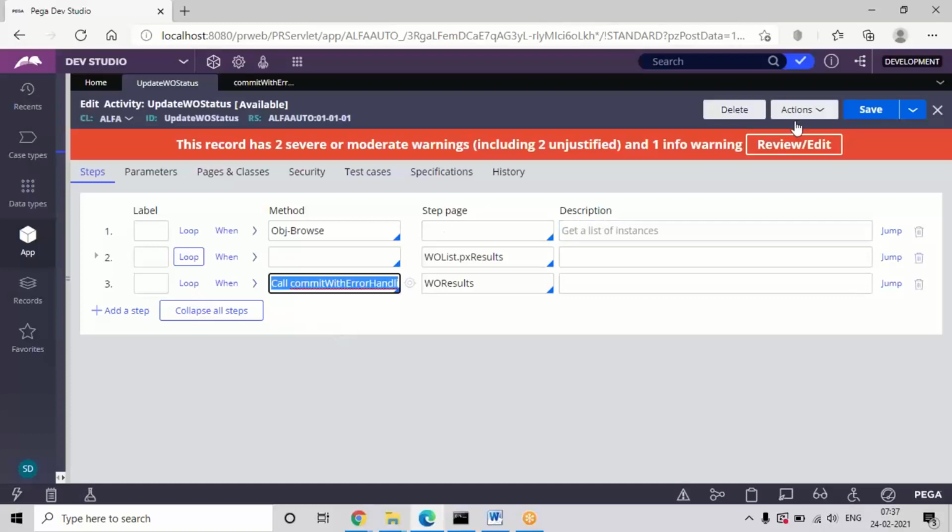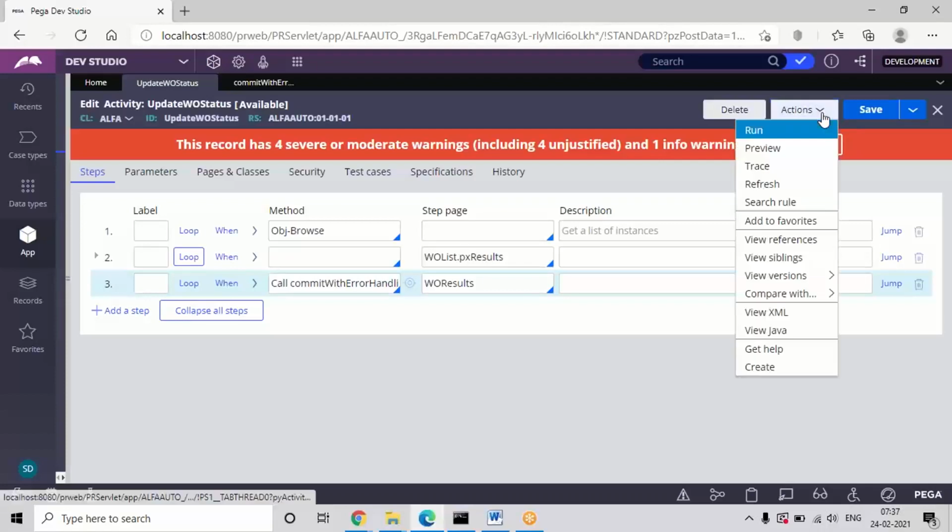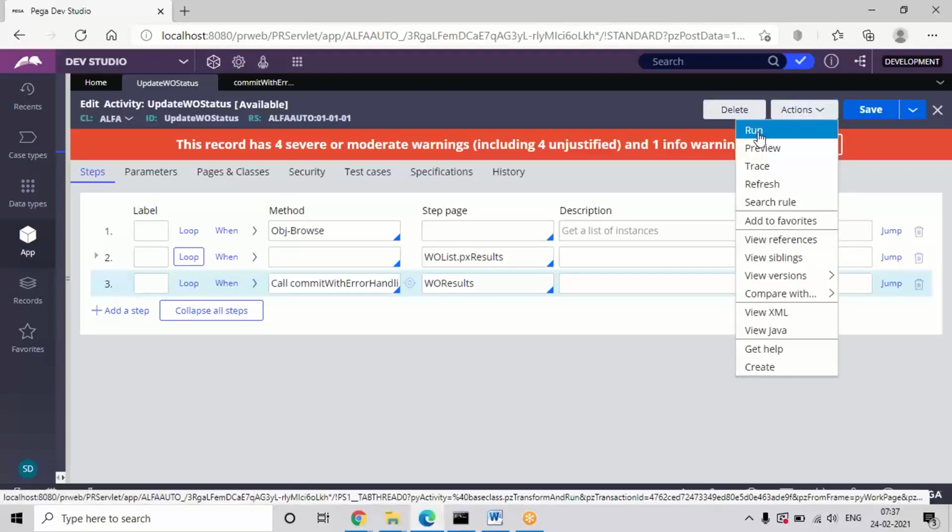Okay, so now save this activity. Anytime you fetch, update and save, the same steps we have to apply. Only maybe your column names may be different, maybe the table name can be different, but anytime you are fetching and updating the record, this is the procedure you have to follow. Okay, so now verify. I'm going to verify at the activity level itself. Run this activity and test this.